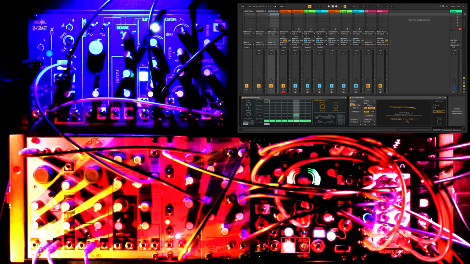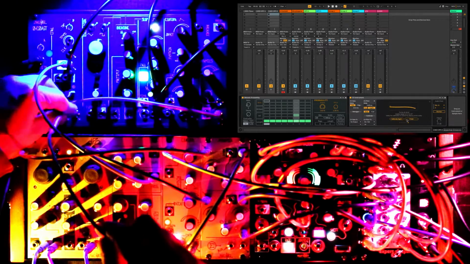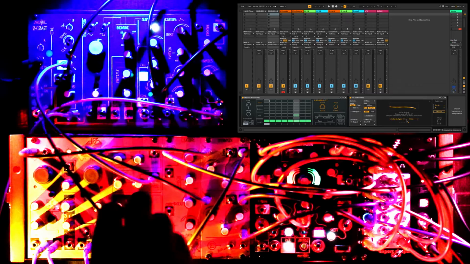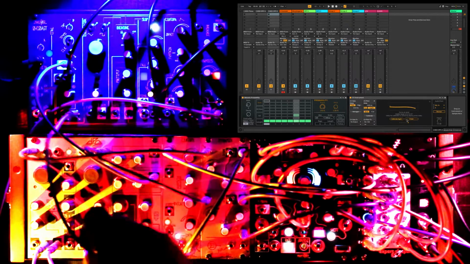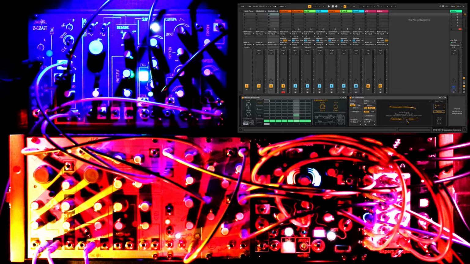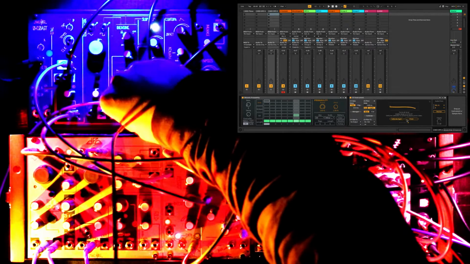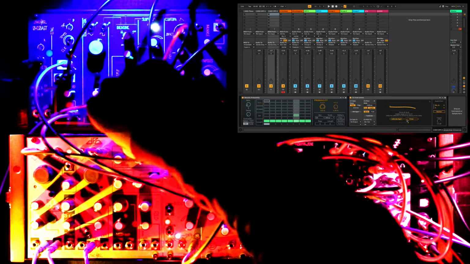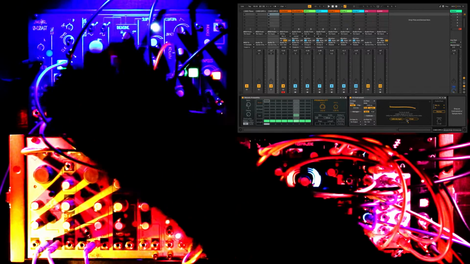Next, we'll patch our attenuated random LFO from CV Tools to the Contour's onset input, and this will modulate the envelope's attack stage, randomizing short and long attacks. And we're going to make use of the stackable cable coming out of the cycling slope generator and send that to the shape input on the DPO.